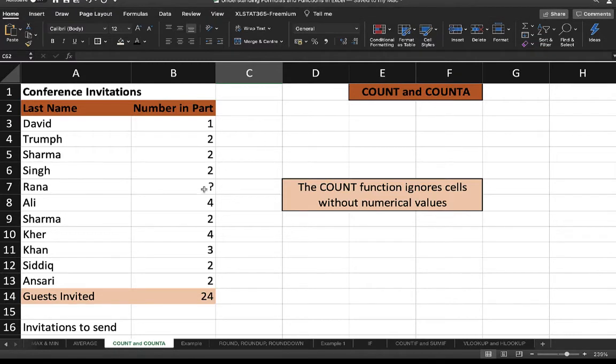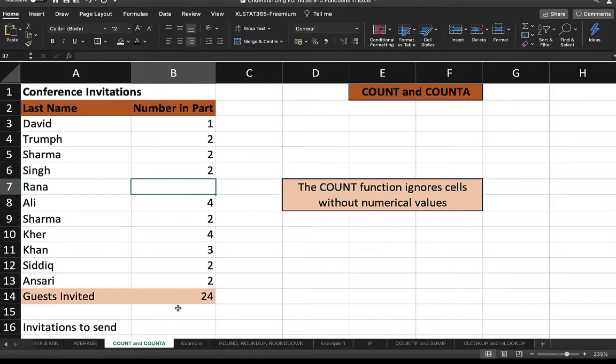Like in this B7, suppose I don't have any value, it completely ignores this cell. So the COUNT function is used only if you specifically want to count the numbers only, because it ignores the text. It only considers the numerical values.